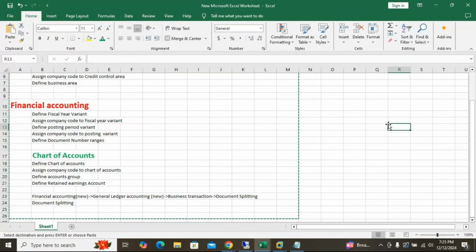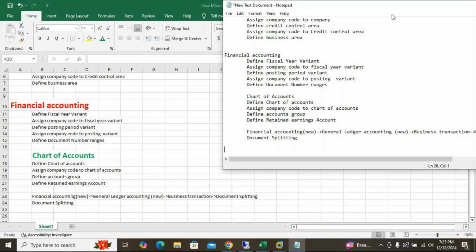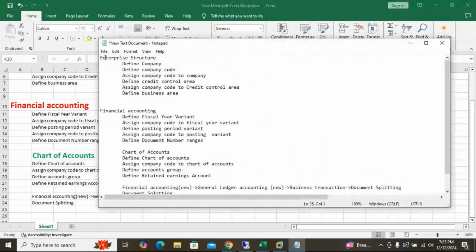Okay, so these are the topics which we have covered: enterprise structure, define company.